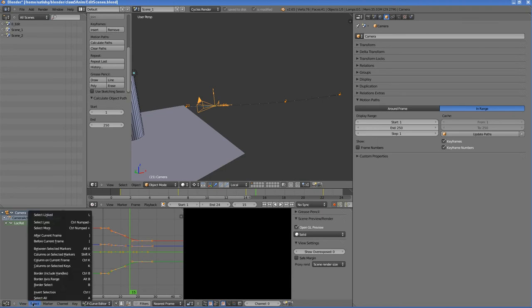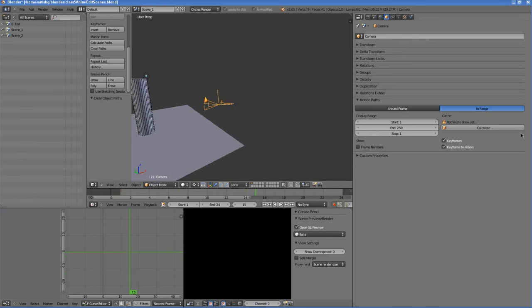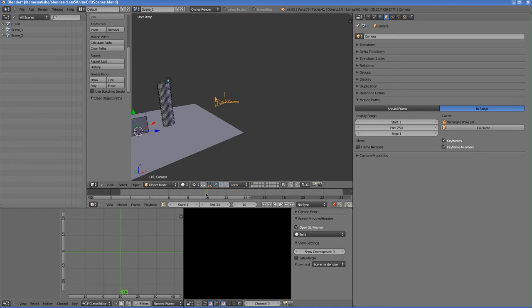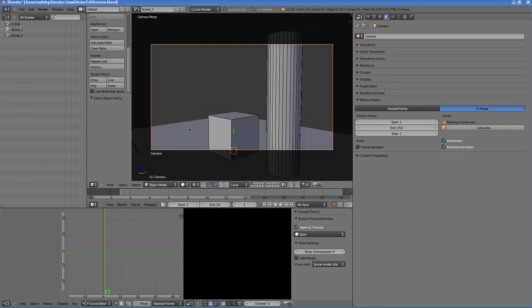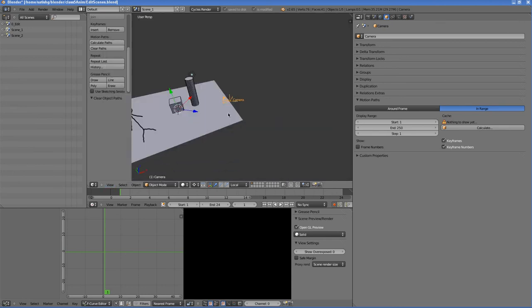X brings up the delete keyframes menu. I'll also clear the paths. Now let me quickly switch to the camera view, and back. So this is how I'm going to animate the camera.